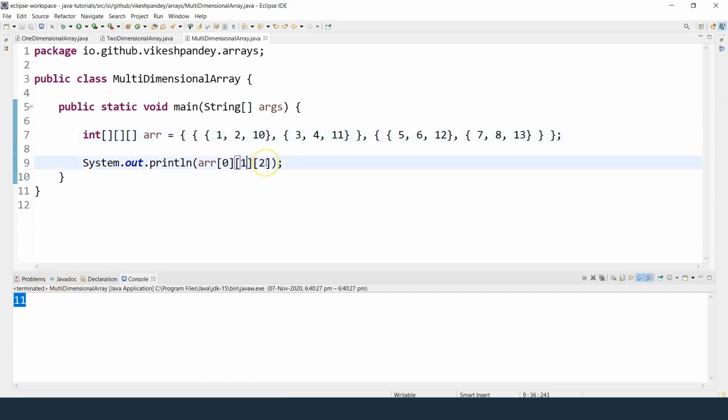If I change this particular value to 1, now the output should be coming from this side. So second x position, because it's 1, second y position, so this will go here, and then the 2 position, which is the third element of the z-axis, which is 13. So let's see if we get 13. Yes, we get 13 here.